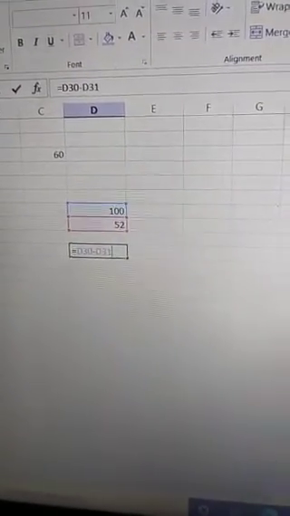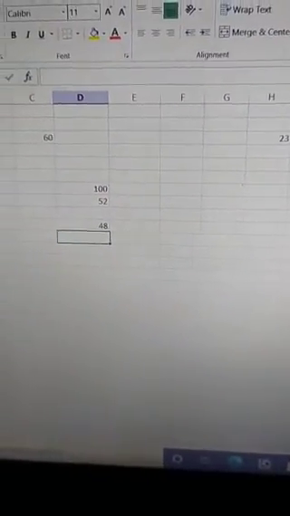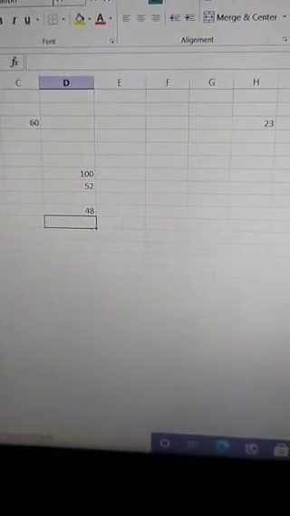You will see that it highlights the cells you are operating on. So D30 minus D31, when we press enter, it will display the exact value of that subtraction. This is the process by which we can do mathematical operations using formulas.